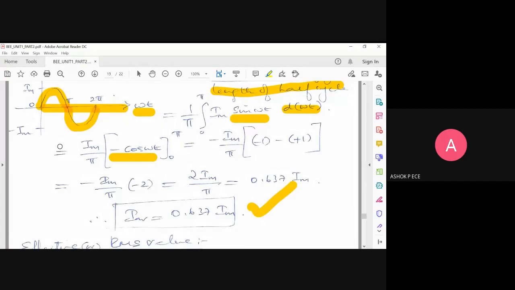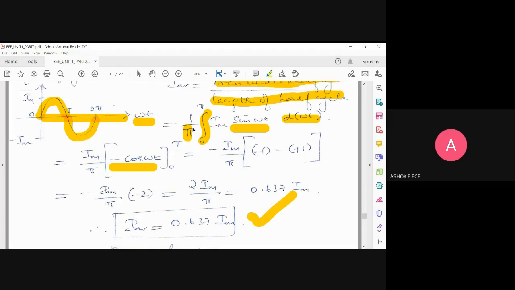A simple example I would say: in your school, you would have written a half-yearly exam and an annual exam, right? So finally, you will have 6 subjects. And how will you find the percentage? You take the sum and divide by the number of subjects, right? Same thing here. For summing, I do integration. For dividing by the total number of subjects, I do division by T. That is the logic, simple.